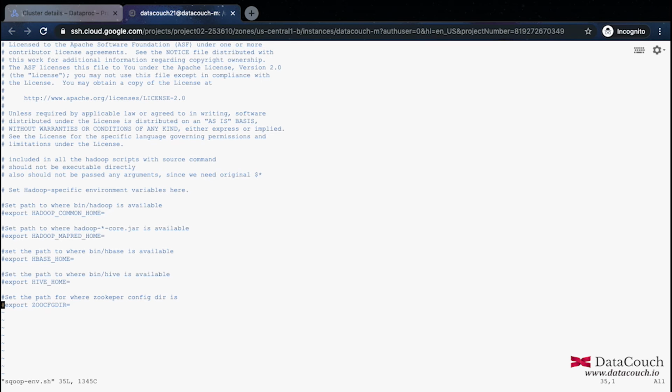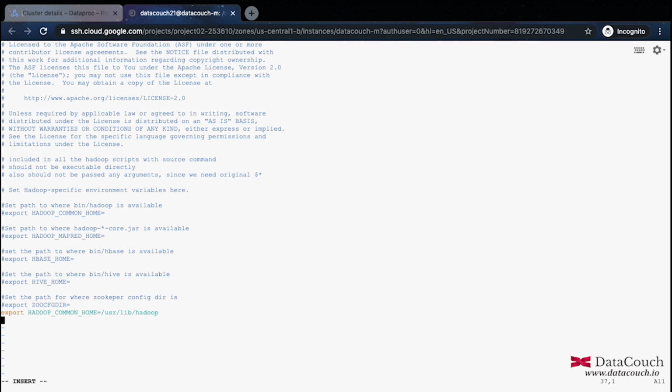So I will be doing export, and I will be writing Hadoop common. I can just quickly write this, and once it is all set, then I will basically be saving it, and then we will start running the Sqoop imports.